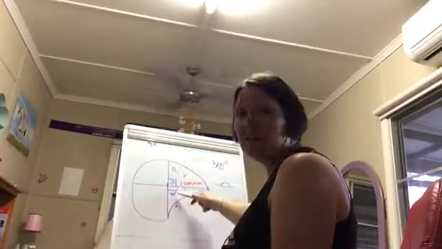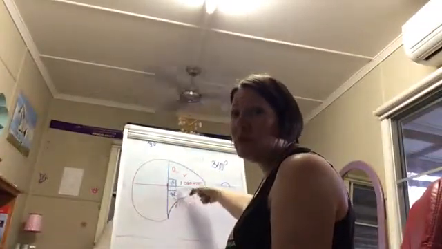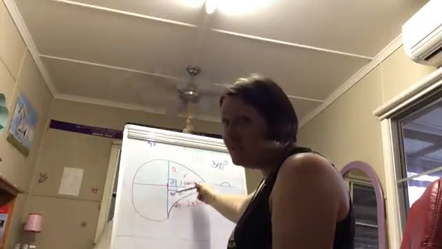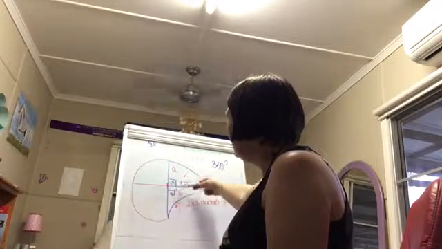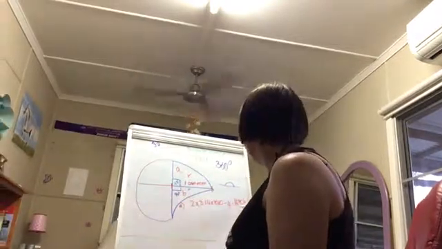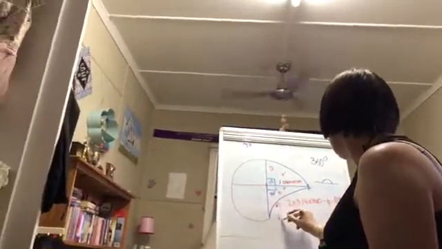And it's 90 degrees. It has to be, because angles on a straight line have to equal 180. So if this one's 90, by default this one is 90. So it's actually going to be exactly the same. It's going to be another quarter of a circle. So B is going to also be